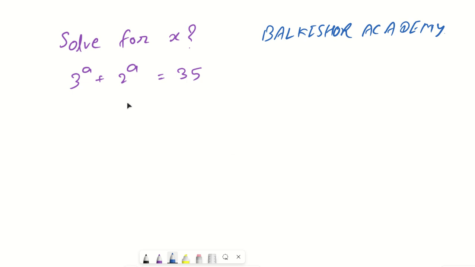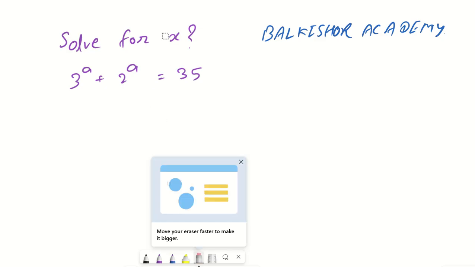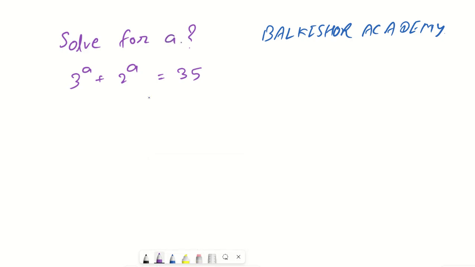Namaskar, my dear friends. We have a question to solve for the value of a. Our aim is to find out what is the value of a. We have a problem: 3 to the power a plus 2 to the power a is equal to 35, right? So how to solve for the value of a is we'll try to express this particular